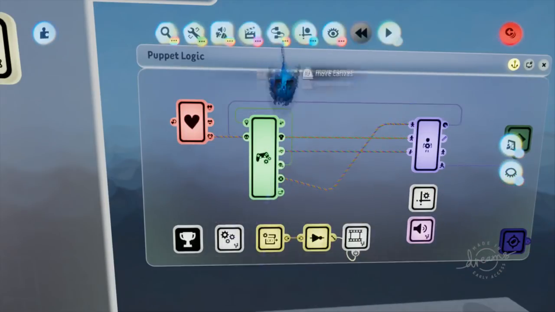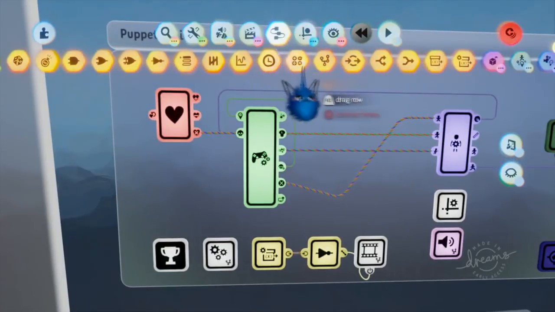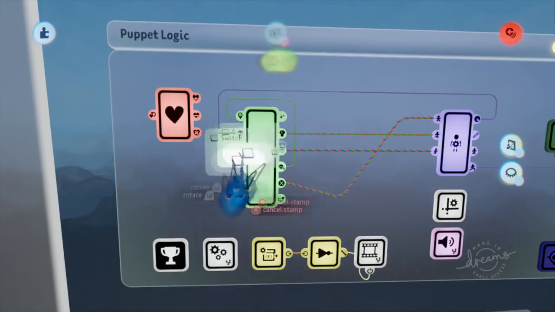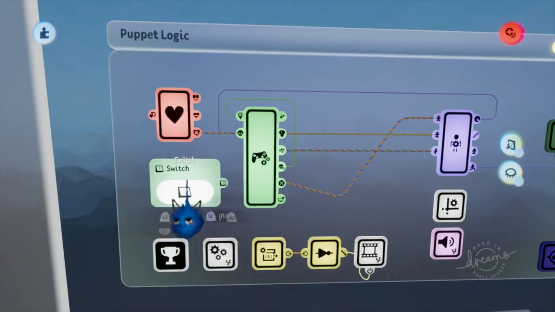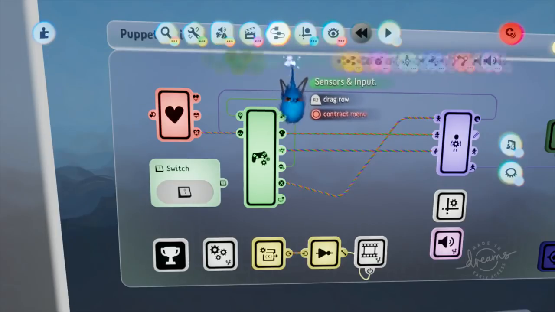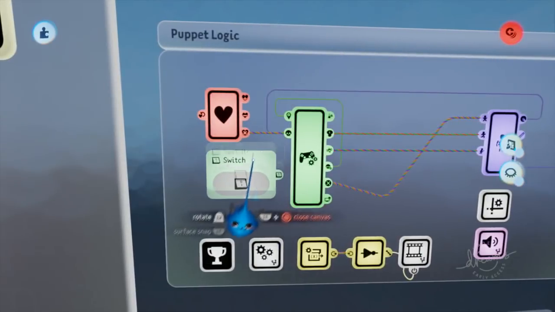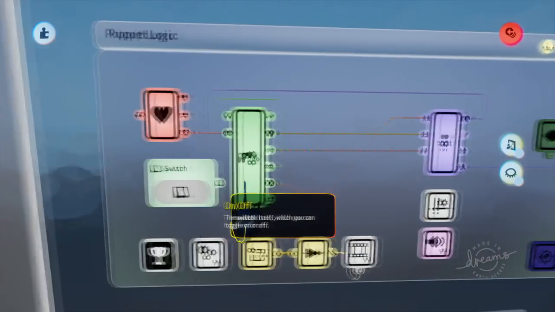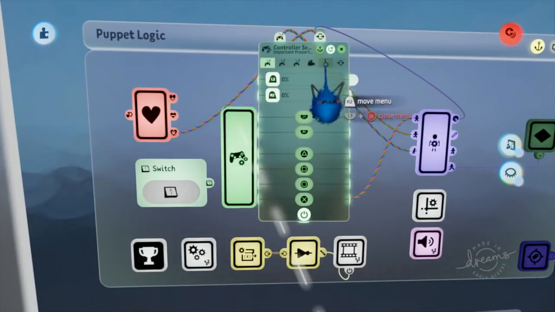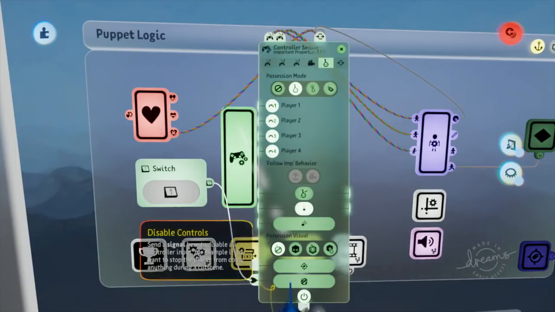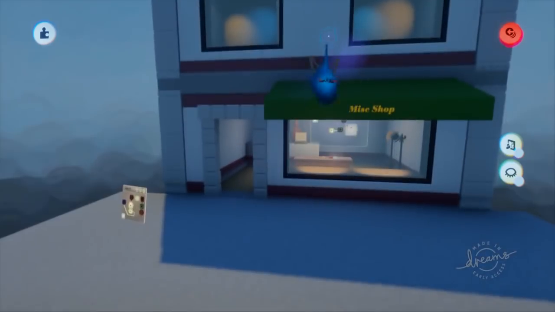That's unfortunate. So we're gonna get a switch just to do this quick and dirty. You can do this with a variable if you'd like. And that's gonna hook up. We're gonna turn this off by default, and the switch is in the sensors and input section of your microchip. We're gonna turn that switch off by default, and then we're going to open up the controller sensor, go to important properties. The on-off section is going to go to disable the controls,